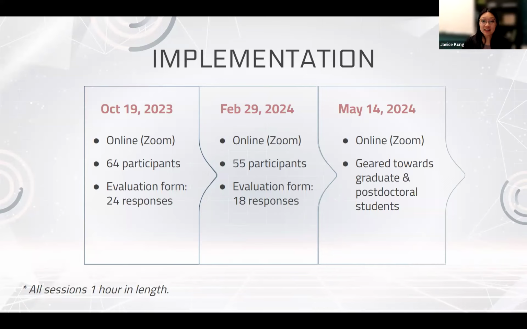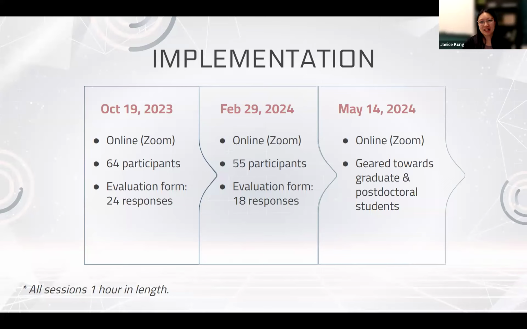So you can see that it generated a lot of responses for the evaluation form, which I was really shocked by, because again, I'm used to doing library workshops where maybe 1 or 2 people complete the evaluation form. So I felt like a rock star, like Taylor Swift territory over here.